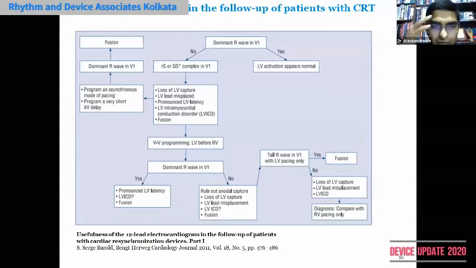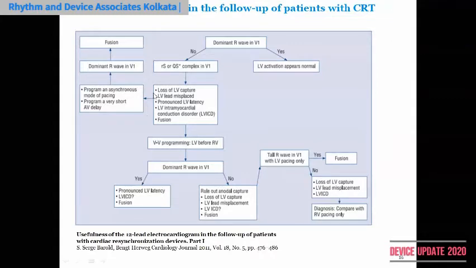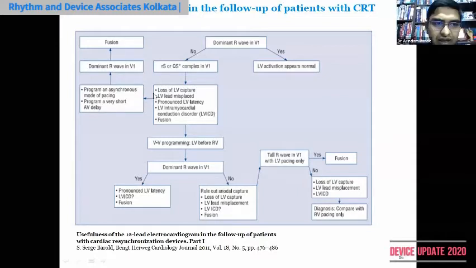So to understand what exactly is going on, we have multiple things we can do. We can make the LV pacing mandatory. By that we can get a dominant R wave in V1, so we will understand that there is no dislodgement or something like that, but rather proper LV pacing is not happening. Or we can program the CRT in asynchronous mode to see the LV pacing as well. So these are different things we can do.